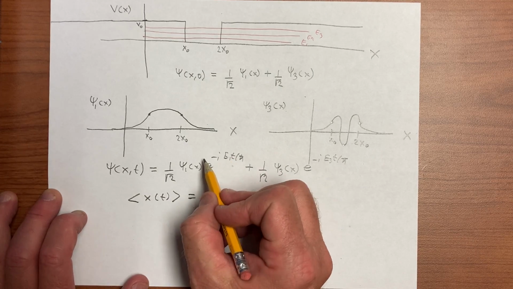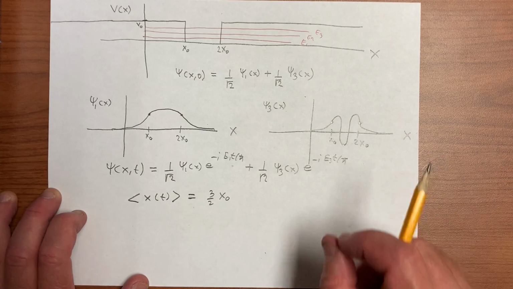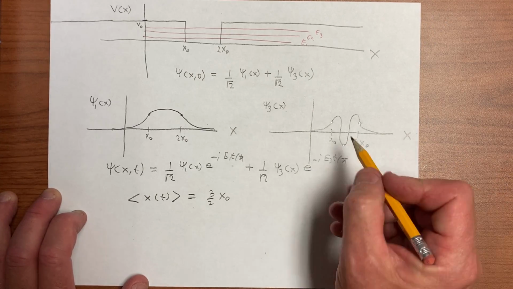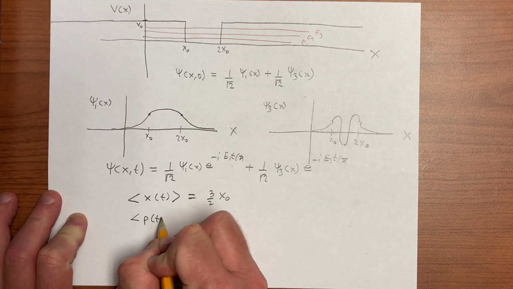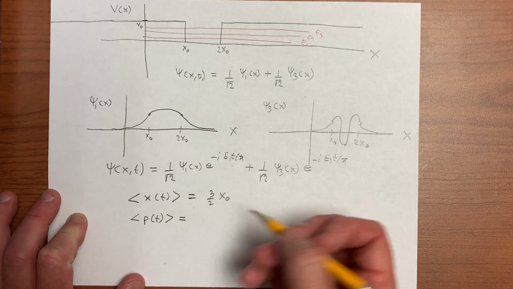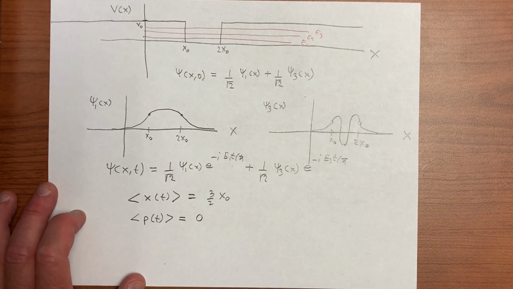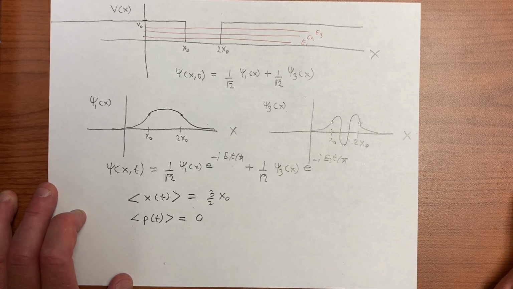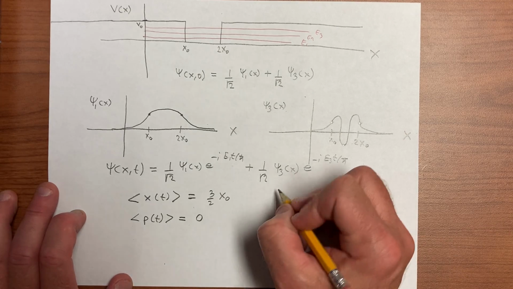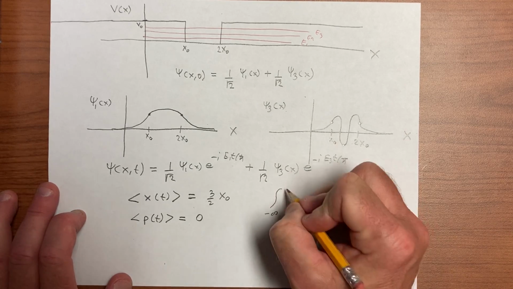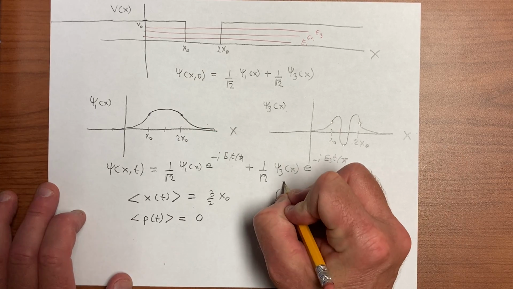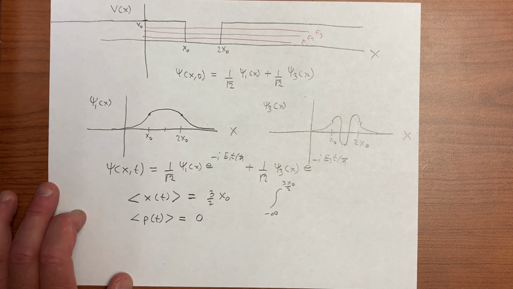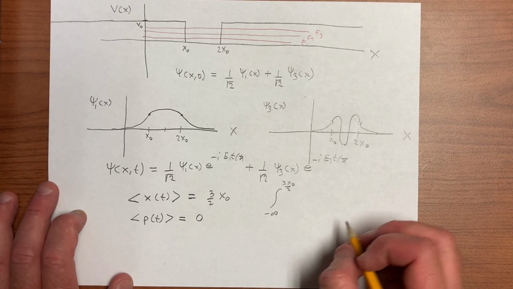So despite the fact that there's a frequency of oscillation, the probability density is oscillating in such a way that it's always an even function, and so that must be fixed, time independent, and therefore it's also true that this is time independent. In fact, it's 0. We can get that from Ehrenfest's theorem by taking a time derivative of this. And we can say also that the integral from minus infinity to 3 x naught over 2, to the well midpoint,